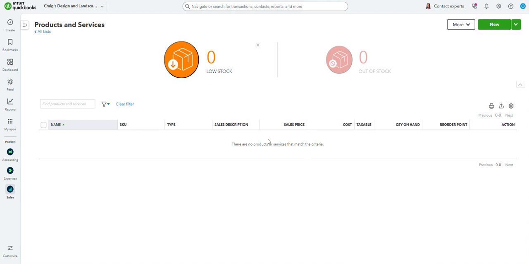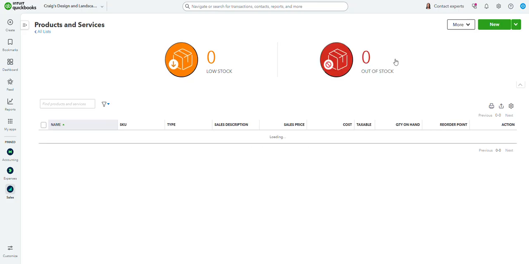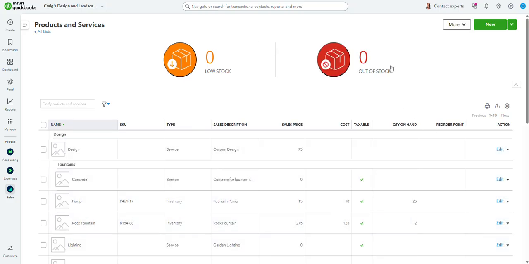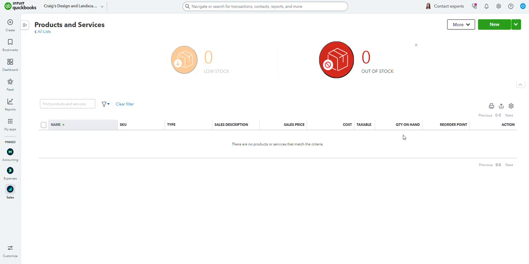The reorder point will trigger once you hit that reorder point or below, and it will be low stock. And of course, when the quantity on hand is 0, it will filter out all of those items that